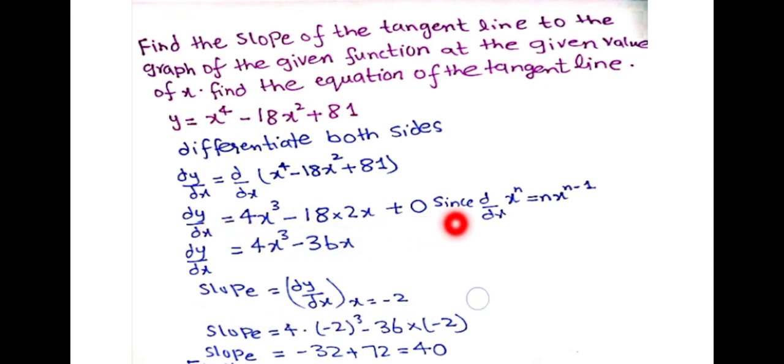We find the slope because we know that the value of x is -2 in the question. It is provided in the question that x is equal to -2. We put that -2 in the slope, because the derivative of a function is the slope. So in this derivative of the function we replace x by -2, which is the value of x, and here we find the slope 40.